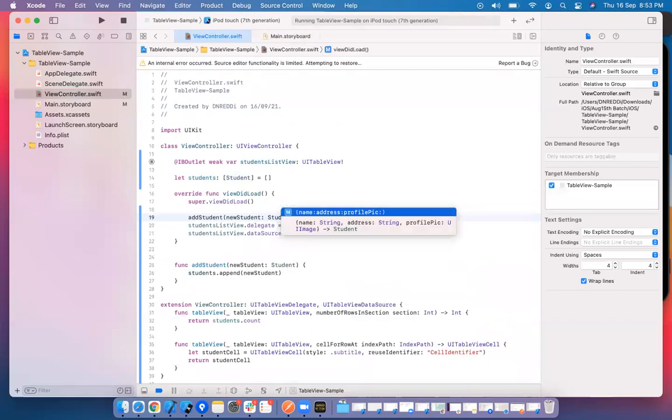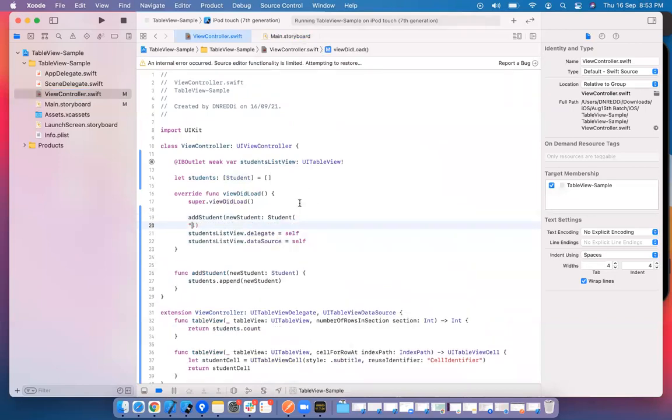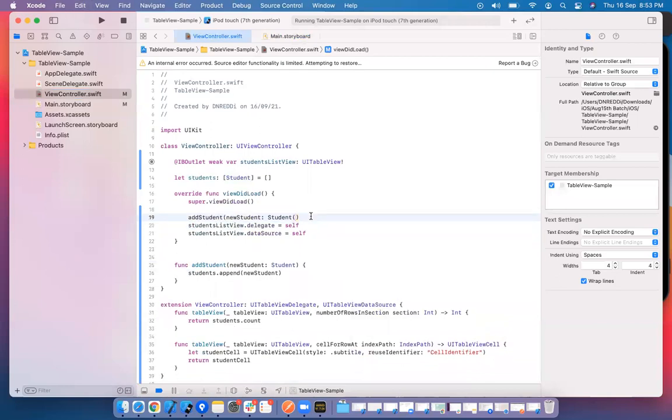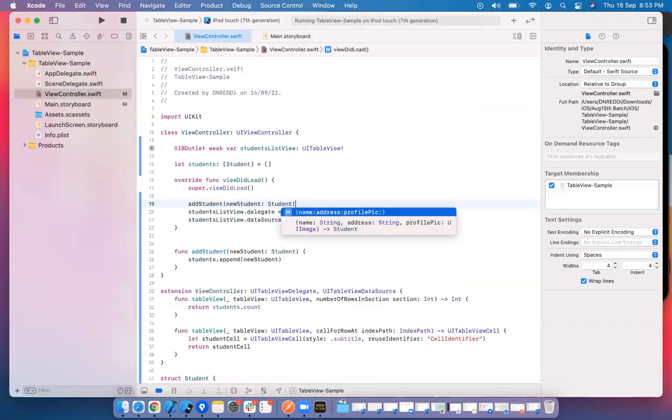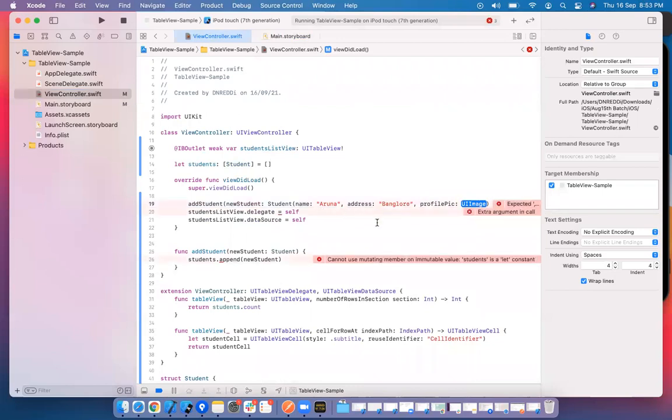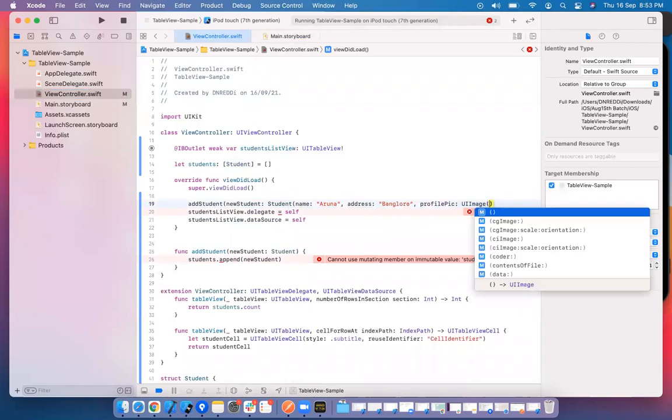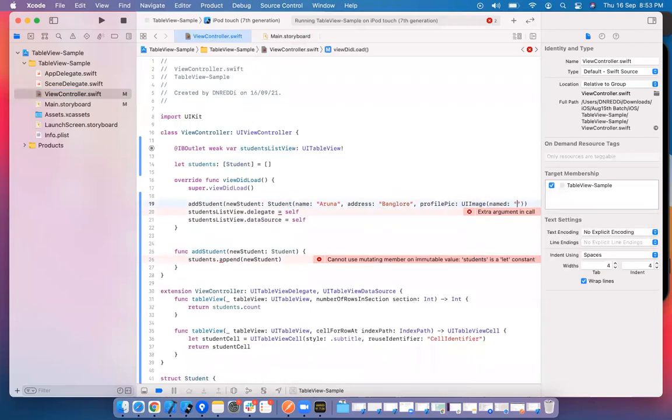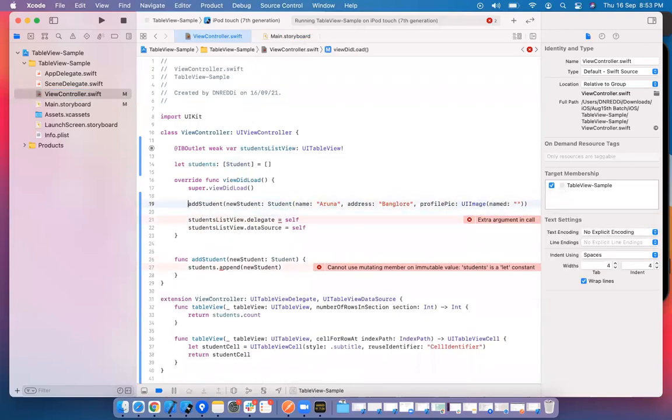Student is asking for a name. I'm giving Aruna, something, Bangalore. UIImageView. Here I need an image view. Let me create a UIImageView. The image view is asking for a name. Let me take one image here and do that.